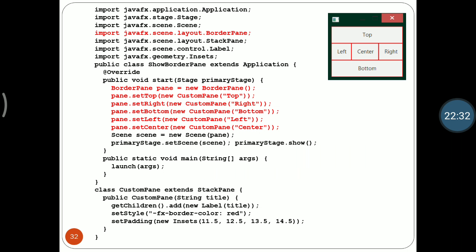As we can see here, we have to import javafx.scene.layout.BorderPane, and we have to create a BorderPane. setTop will set a top value to your pane. setRight will set the right value. setBottom will set the bottom value. setLeft will set the left value, and setCenter will set the center value to your BorderPane.